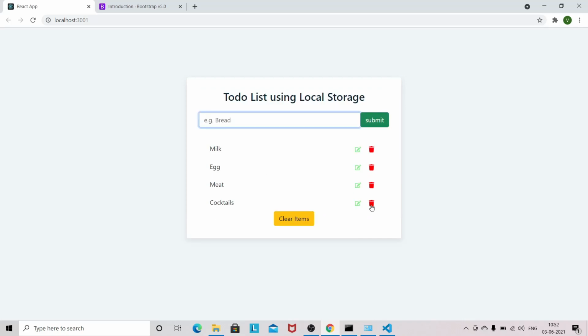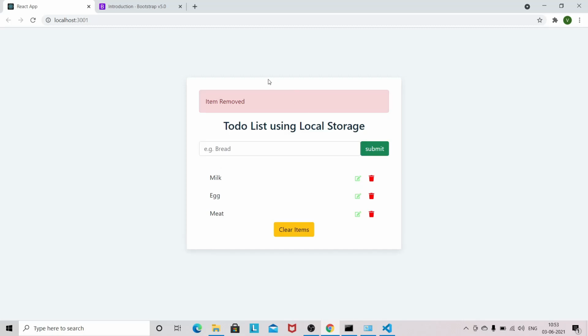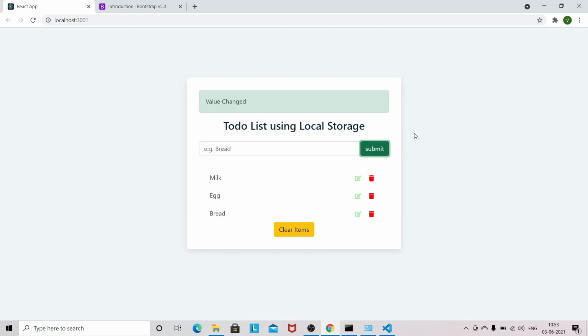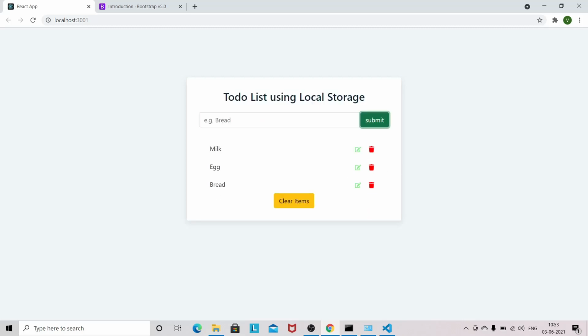You can delete the items, so again you will get the message. You can edit the item, and you can see the button text is getting changed. So let's change it to bread, and the value got changed and we got a nice message.